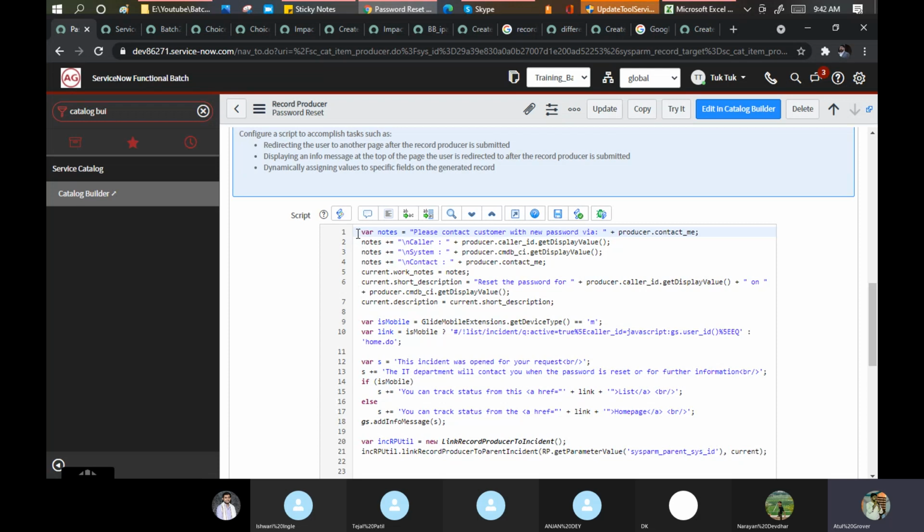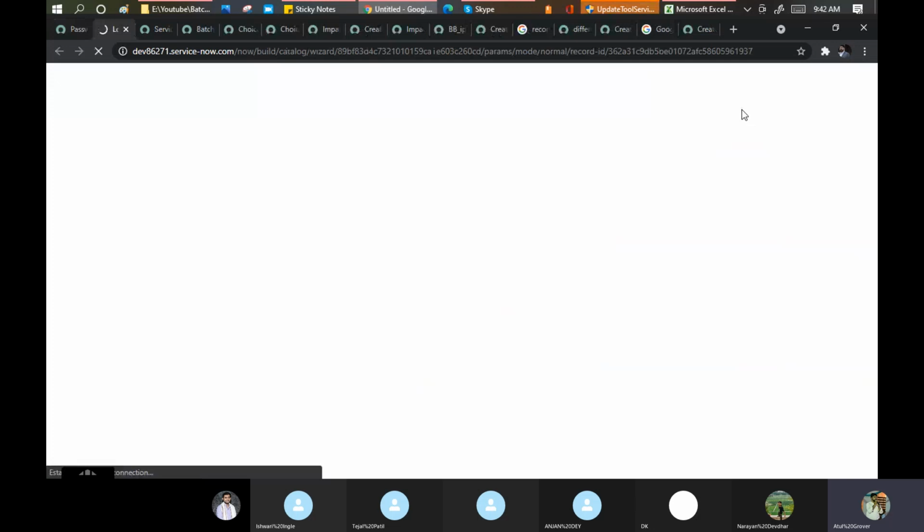Yep, they mention a big code here, that what value should go to which field. Okay, these things. Okay, so if this point is clear, Dipesh, you are saying something about the catalog builder. Let's click edit in the catalog builder and see if I get something available.